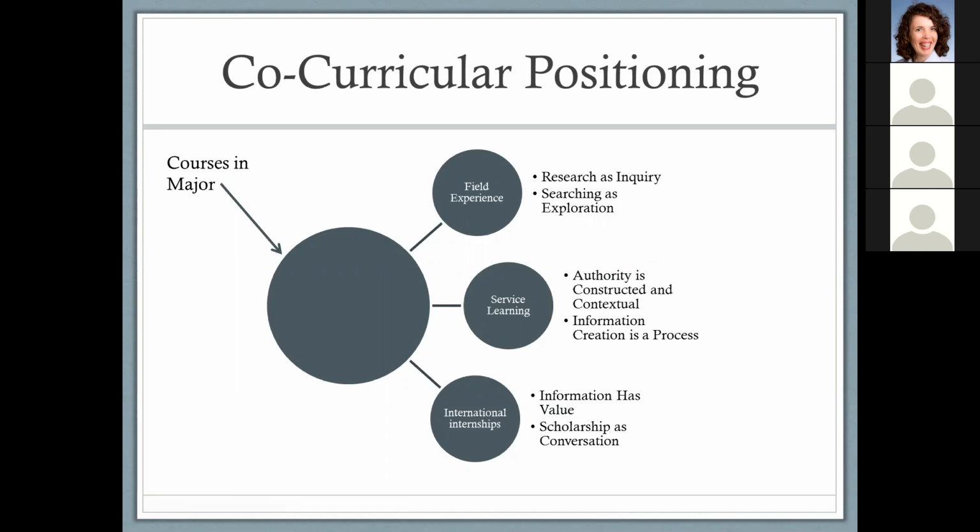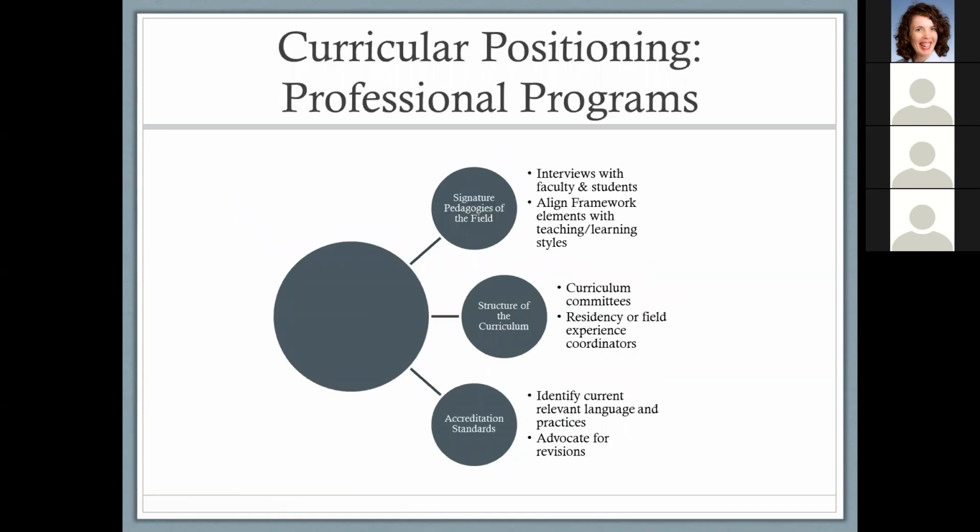And I'm just giving some examples here. There are myriad ways that the framework can be adapted in the co-curriculum as well. I think for professional programs, some really important things for librarians to think about in connection with the framework and working with faculty and our administrators would be to think about the signature pedagogies of the field and have interviews with faculty and students and begin to align framework elements with the teaching and learning styles that are very particular to that field, and to think about the structure of the curriculum itself, obviously,